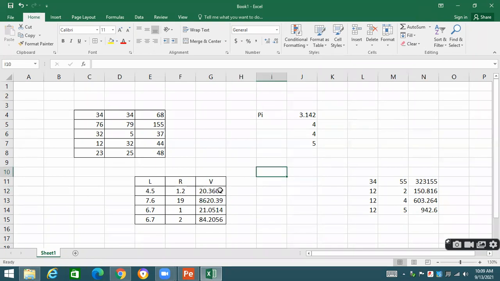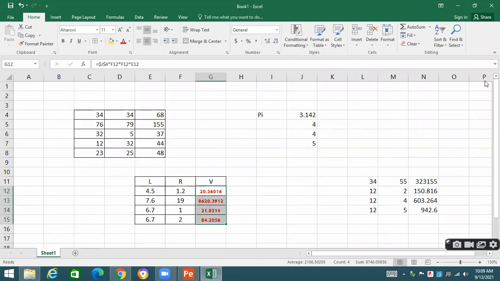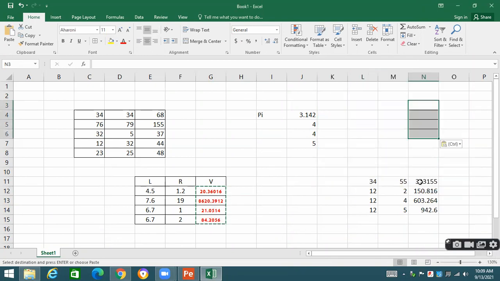Let's suppose I change the format. I'm applying red color and some different font design. This one, okay, this one. Anyway, now if I copy this and I paste it over here, I go to paste special. I say that only paste the format. Format has been pasted. No formula has been pasted. No value has been pasted. But if I type something over here, it will come in the same format that I have pasted over here. Students, are you getting this point or not?